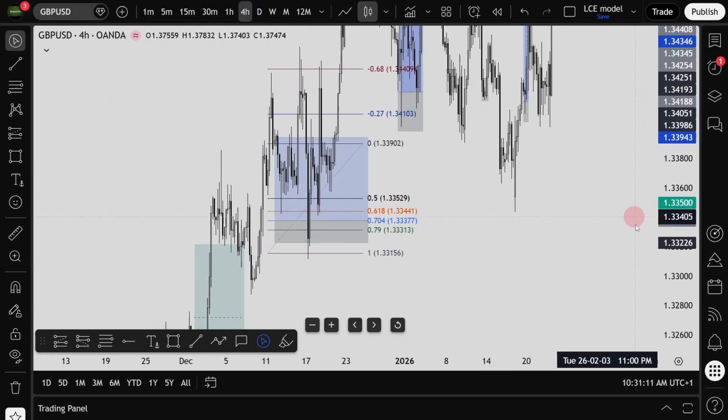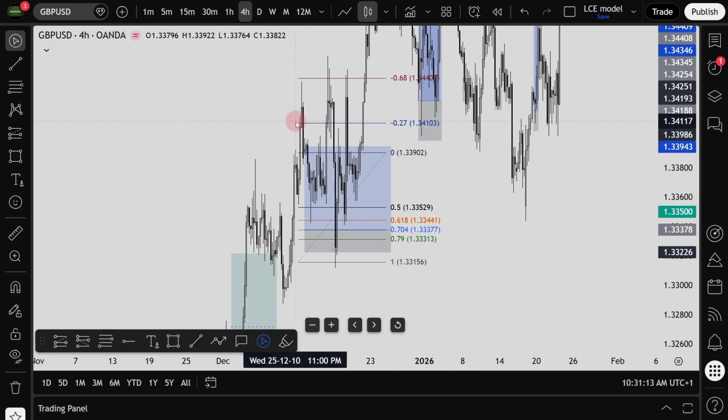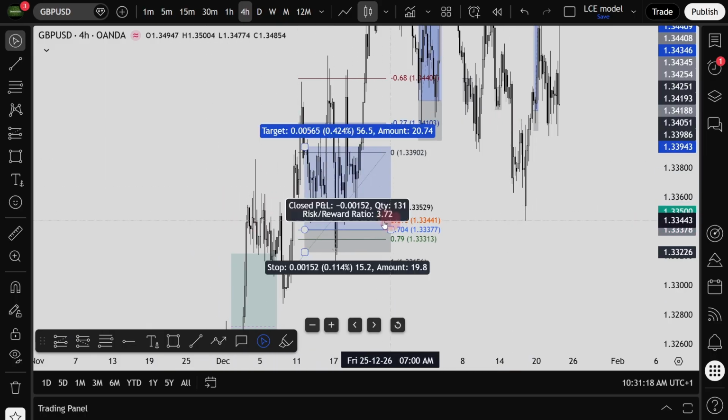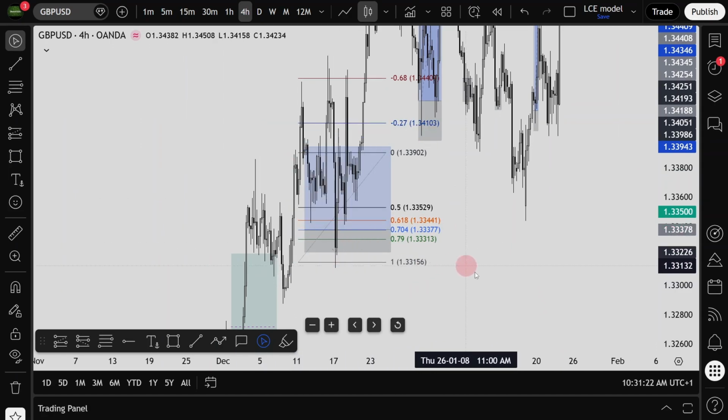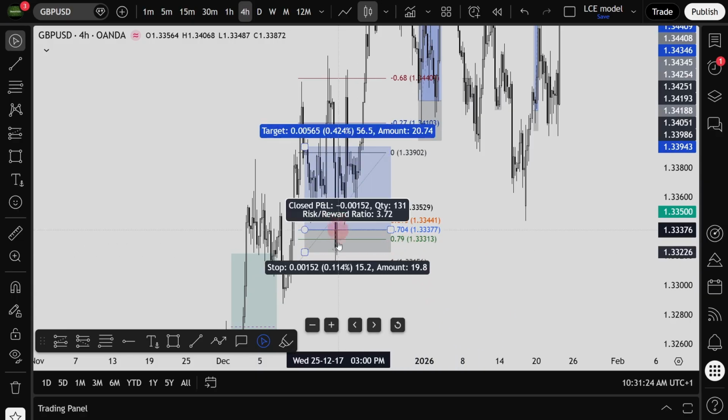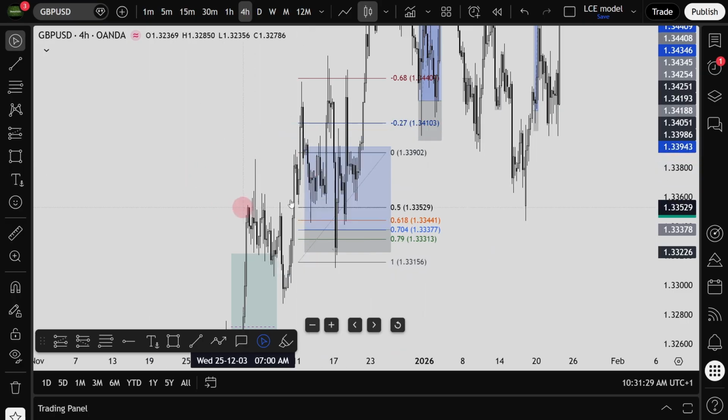That's it. That's the 1 to 3. So imagine you took the 61.8% level. That would have been a win. Right here in this scenario, this would have been a loss, because when price came into the 70% level, it just swept the low and started buying. All right, you know why it did this? Because of this